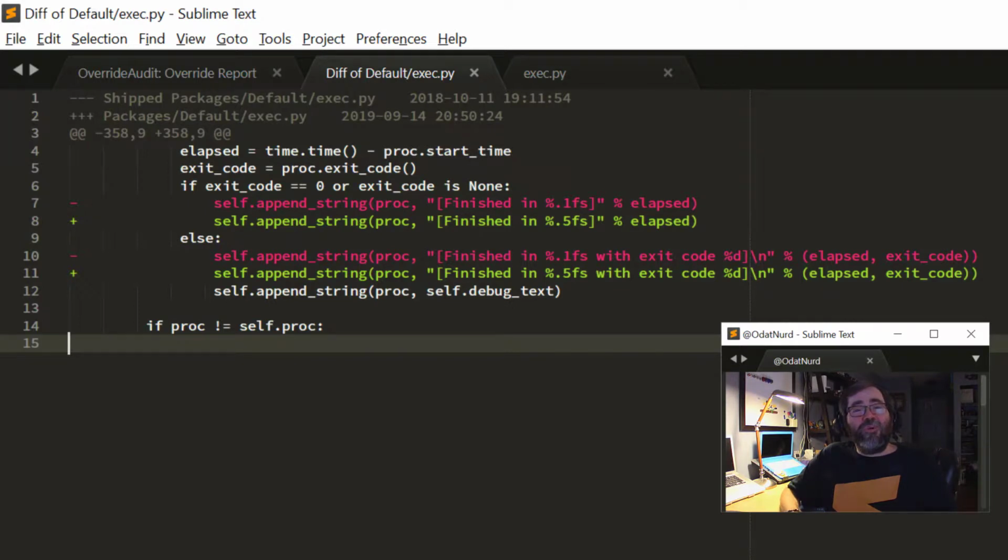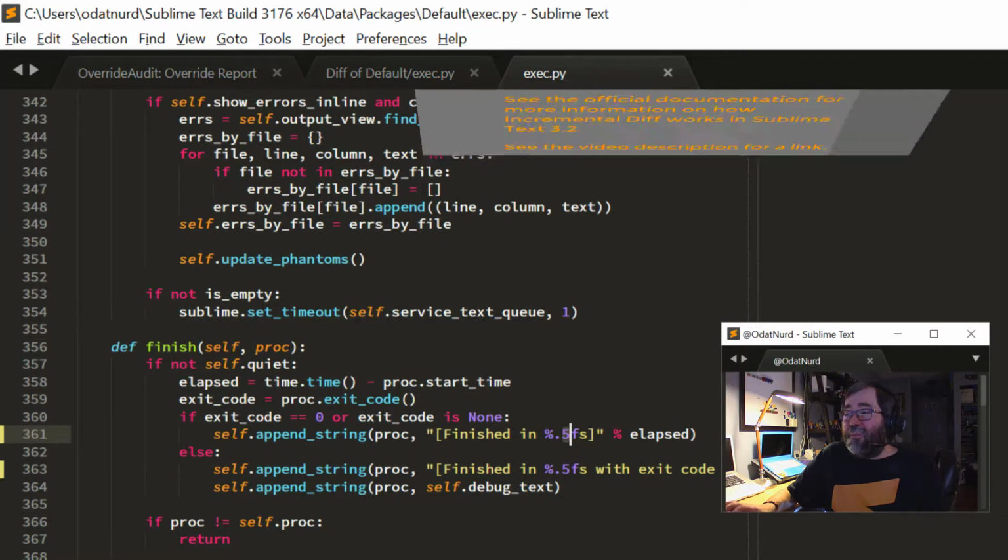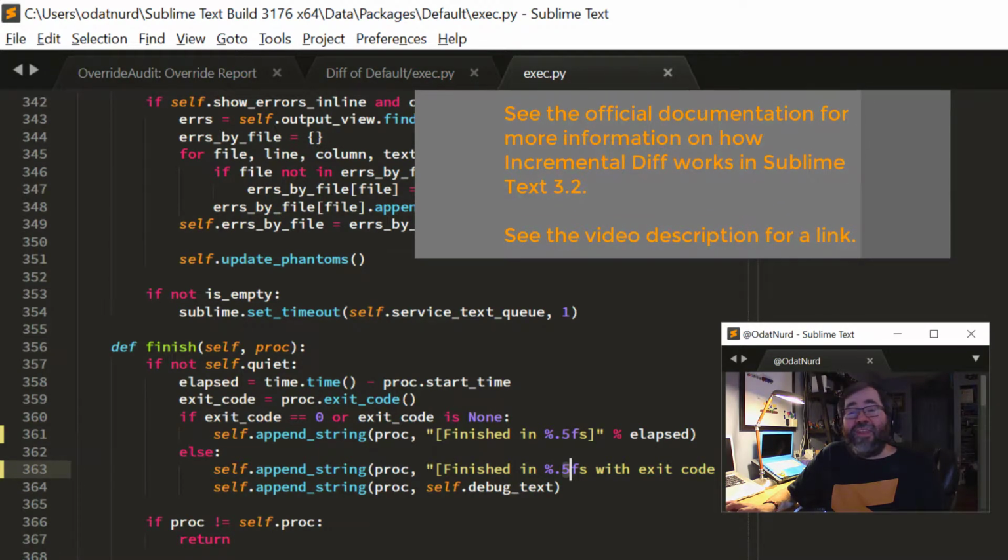But Sublime Text 3.2 included a new feature called Incremental Diff that shows indications in the gutter where lines in the file have been added, deleted, or modified. So Override Audit now supports that. And by using the internal functionality in Sublime, I can easily jump to the changes in the file and navigate